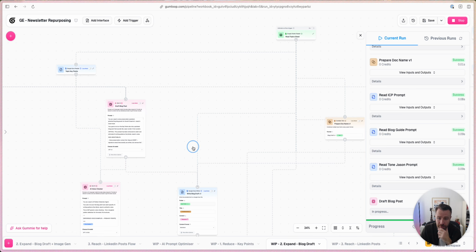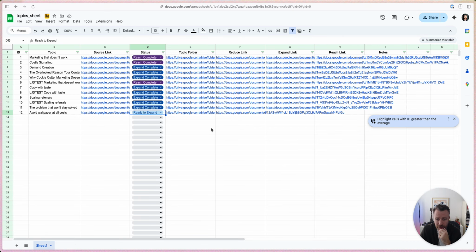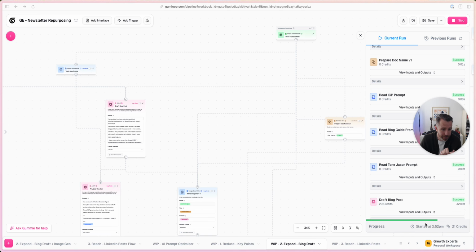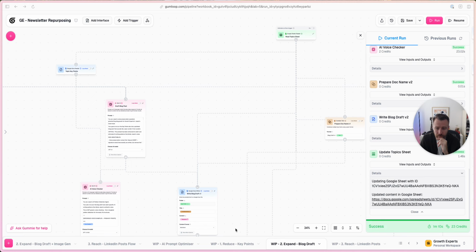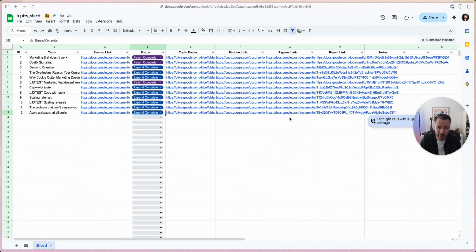Once that's done, it will then go back to the topic sheet. Give it a second. Once this has also run through, let's just see here. It's still busy running. I'll pause this for a second. Okay, it took a minute to run, and if I go back to the sheet, it's now created the expand link,